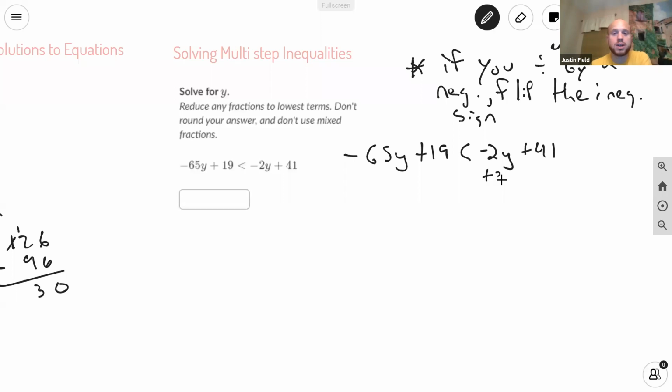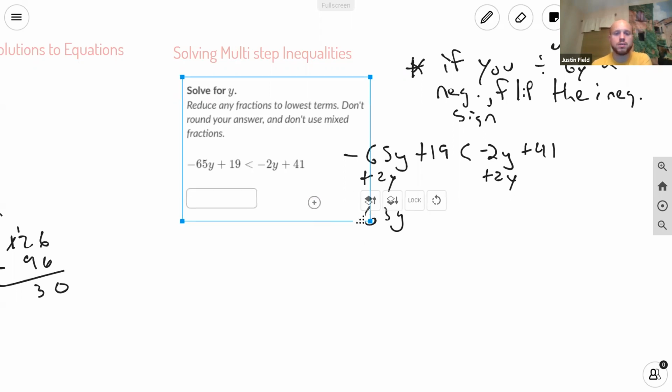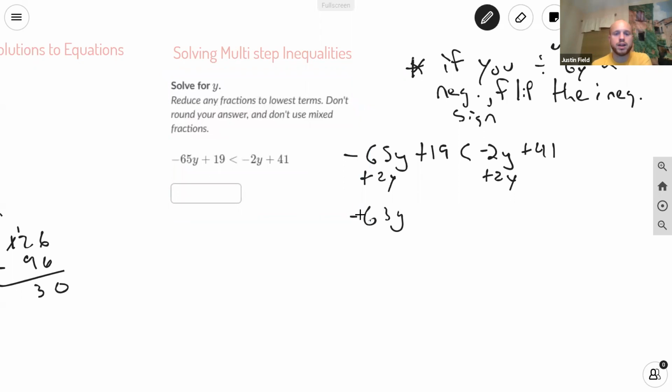Okay, because we're going to get our variable on the left side. And negative 65 plus 2. One is negative, one is positive. Subtract those numbers. 65 minus 2 is 63. Take the bigger one's sign. 65 is the bigger one. It's negative, so we got negative 63,